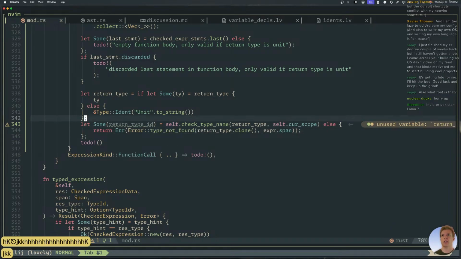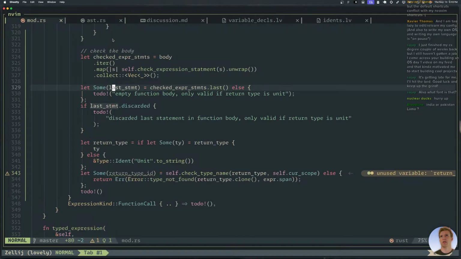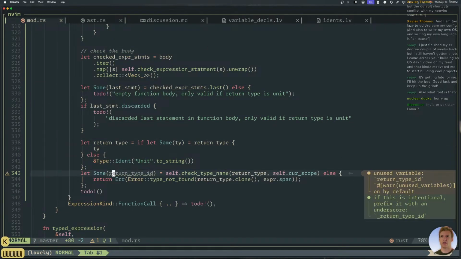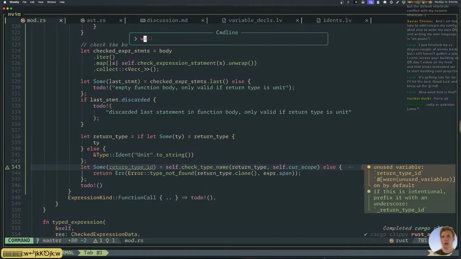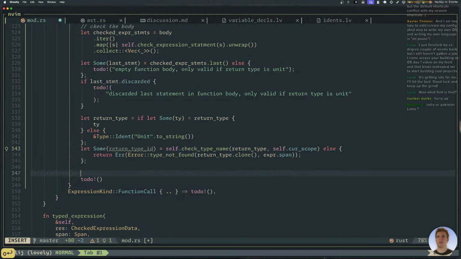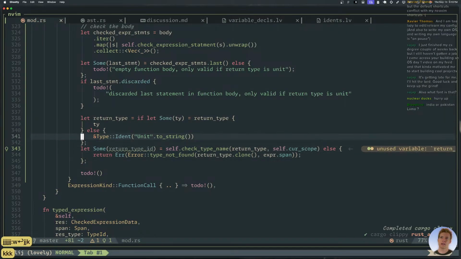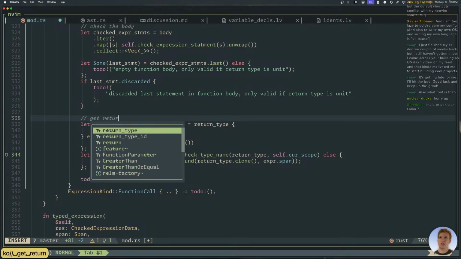There's that. Okay, so we have a return type. Now what do I do? So we have the last statement to check, the expression statement. Now we need to check that the, okay, yeah, get return type.